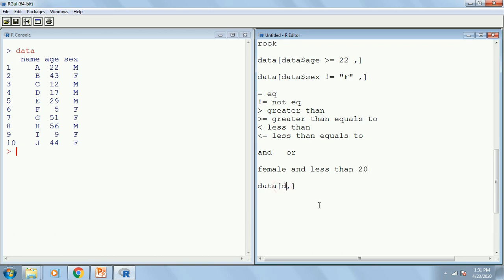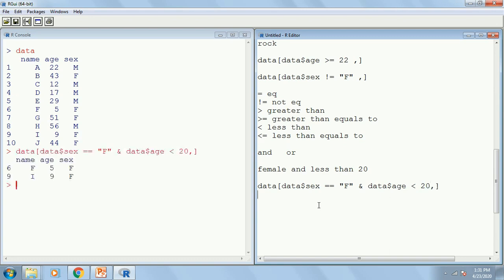So first I will write data$6 double equals to female and give this ampersand sign, that is and, then data age less than 20. Now see, both conditions have been fulfilled. They are all age less than 20 as well as female.